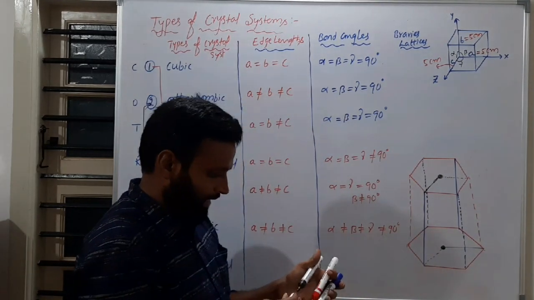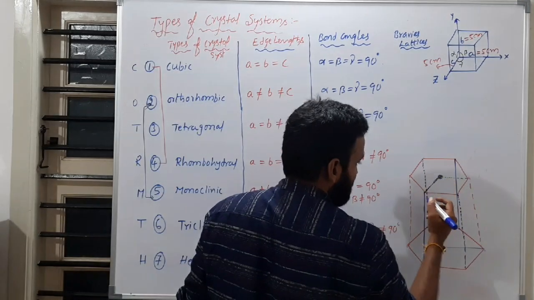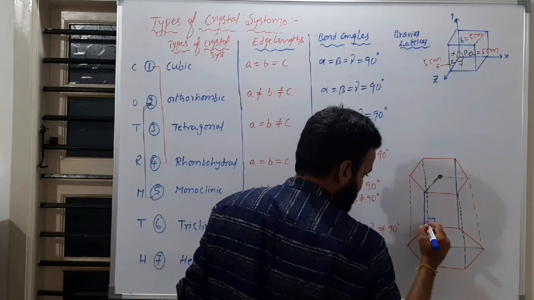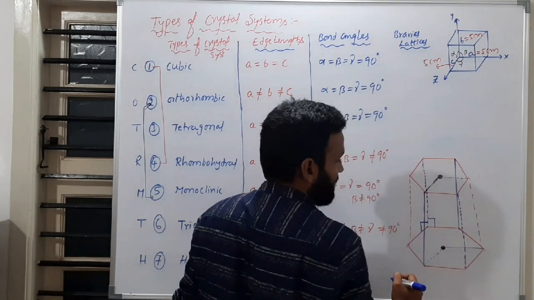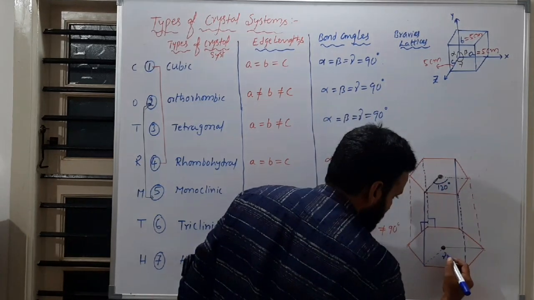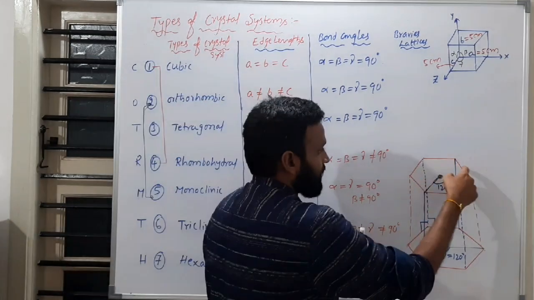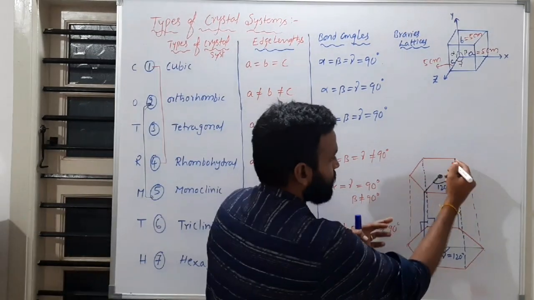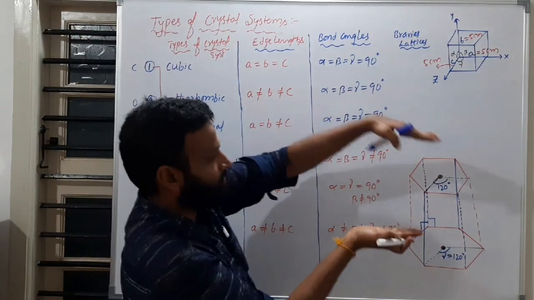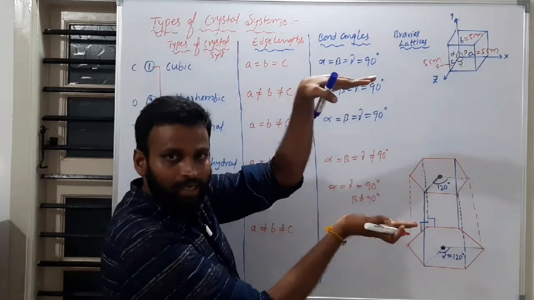So here why have I drawn like that? Here you have three types of different angles, as I told. But here to here is 90, and here to here is 90 actually. But here you have an angle of 120 degrees, or this is gamma, you can consider as 120 degrees. So actually two hexagonal rings are like this. My left hand is one hexagonal ring and my right hand is another hexagonal ring.